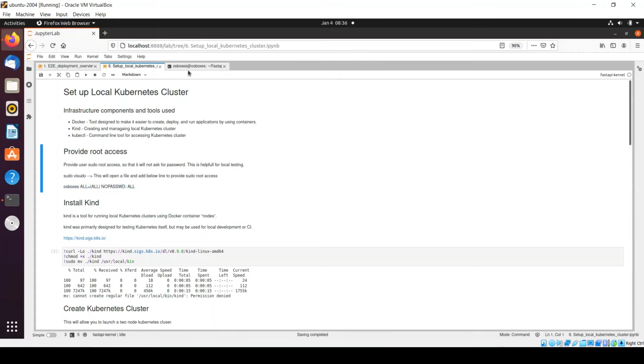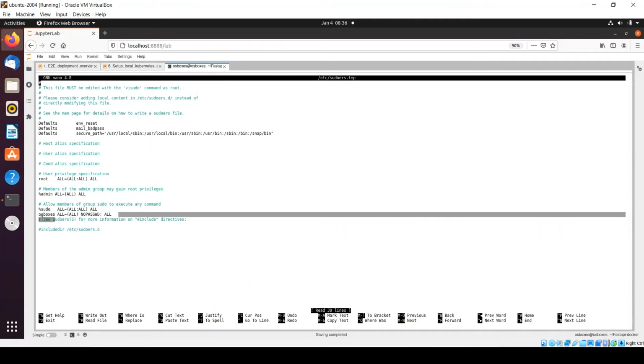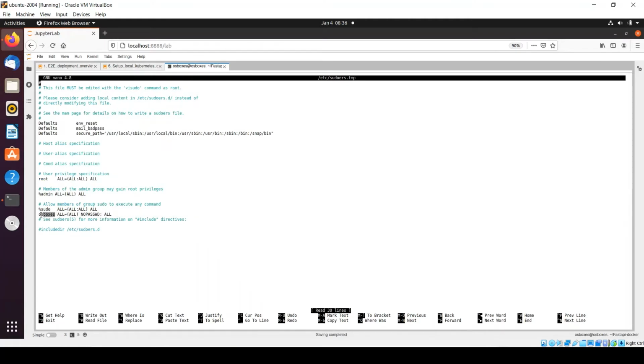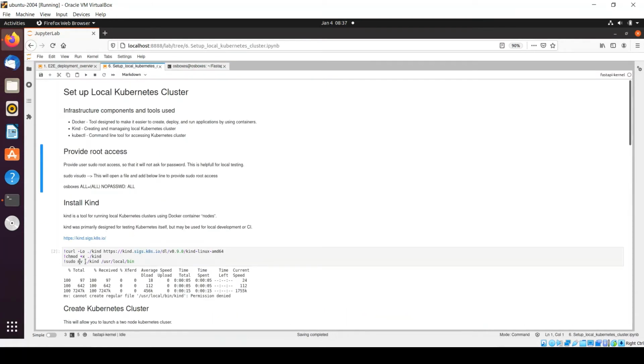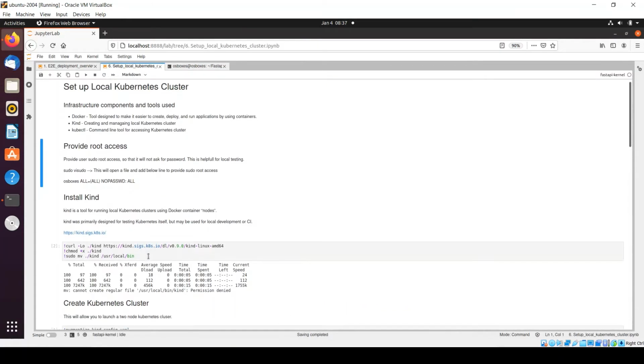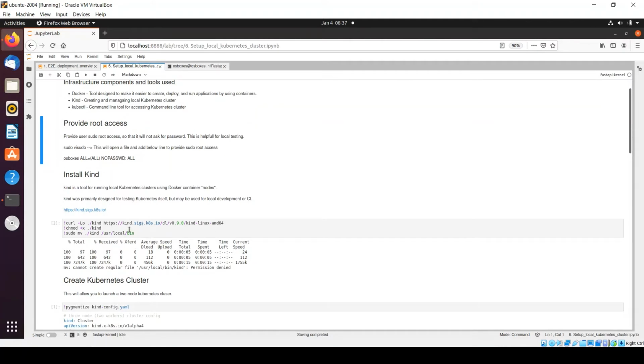I have already added it here. The username for me is osbox, so that's what I have given here, followed by this statement. Once you update this file with this detail, it will not ask for the password whenever you run any sudo-based command. Now let's start installing Kind.